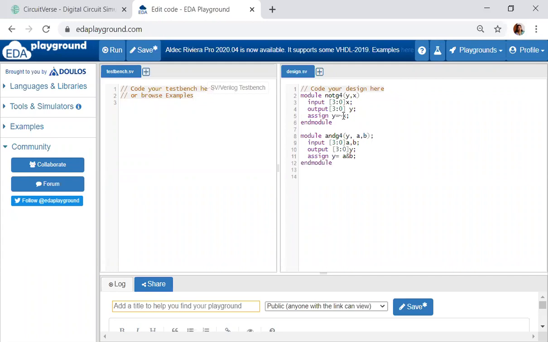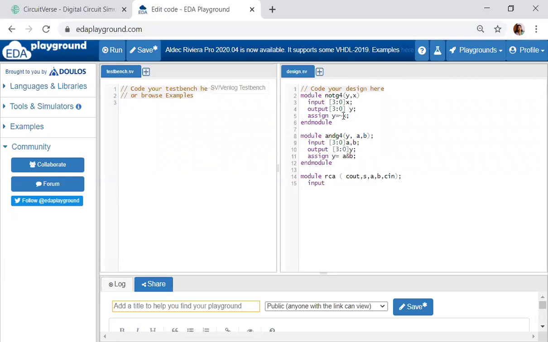Next, which is the next module? I should write a full adder program, the ripple carry adder program. So for the ripple carry adder, what are the inputs? Let me take the output first. The outputs will be Cout comma S, and your inputs will be A, B and Cin. This is your ripple carry adder program. So input, what do I have?